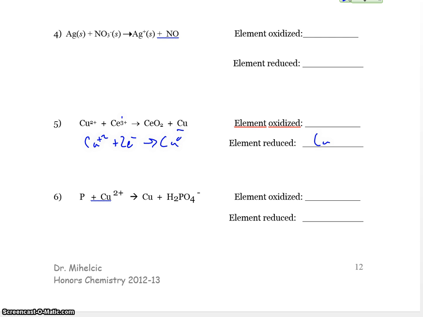Let's take a look at our cerium. So we're going from a Ce with a +3 charge. Now remember, our oxygens are -2, and there's 2 of them, so that makes that -4. To balance that out, because this whole thing is neutral, we've got to have a +4 on our cerium. In order to do that, we have to lose an electron. So cerium +3 is going to give up an electron to become cerium +4. So our oxidation number is increased, and that's going to give us cerium